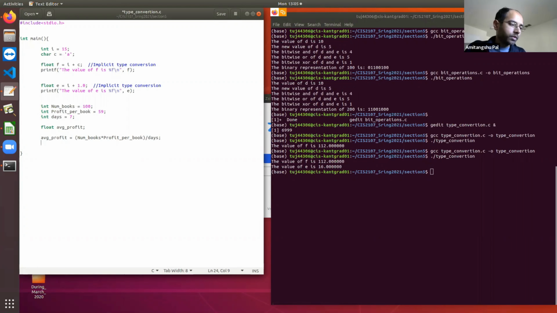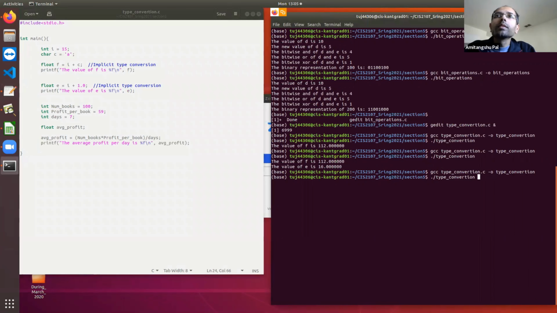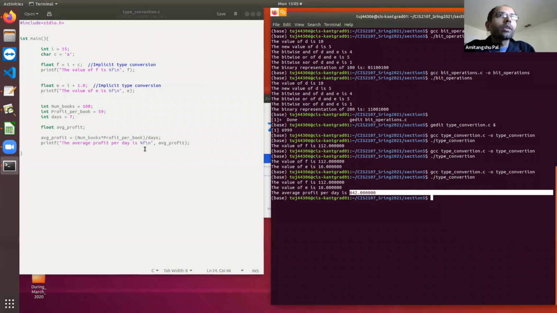Okay, and then I can write that the average profit per day is... So let's see. Here it is showing that average profit per day is 482.00000. Okay.